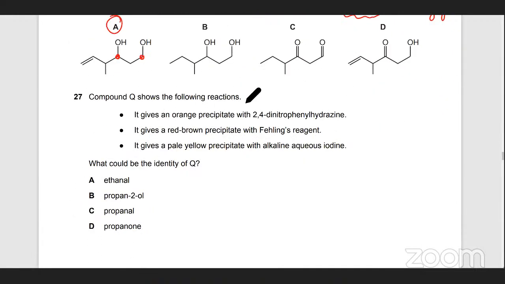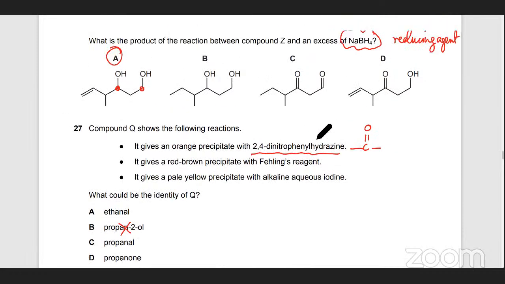Next is compound Q, which shows the following reactions. It's reacting with 2,4-DNPH. That's a test for carbonyl groups, C double bond O, aldehydes or ketones. So it's an aldehyde or a ketone. So we can get rid of propan-2-ol, not an alcohol. It gives a red-brown precipitate with Fehling's reagent. Now remember this, going back to this,